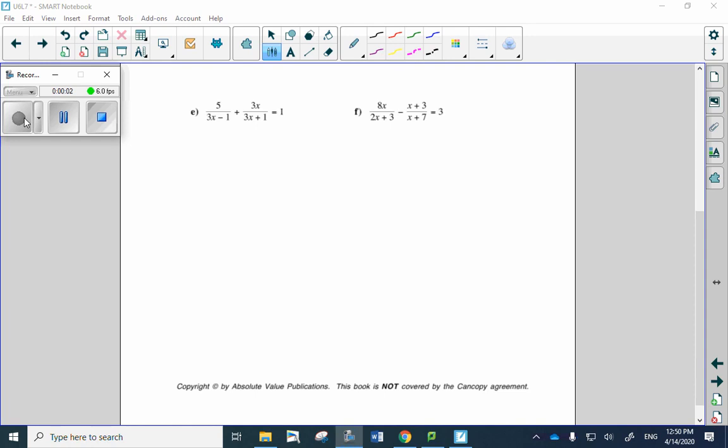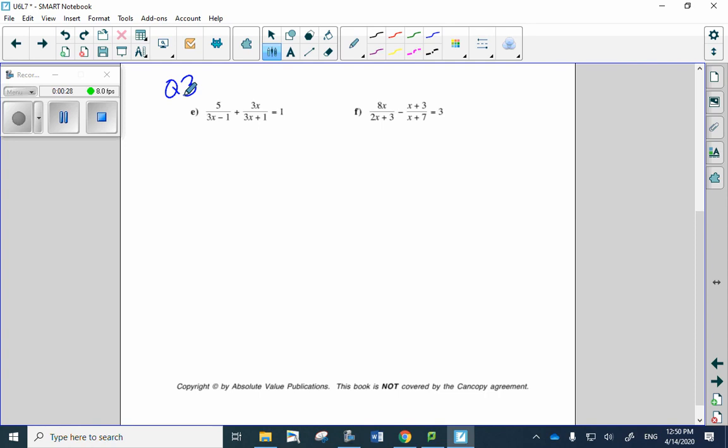Okay, I'm quickly just going to look at question 3e from the homework assignment for solving rational equations, just to go over another example of how you solve by multiplying by the lowest common denominator. So if we look at E, the format that this question's in, we have to make sure that we've factored first, that everything's factored. Then we're going to state our non-permissible values, state our LCD, and then we're going to